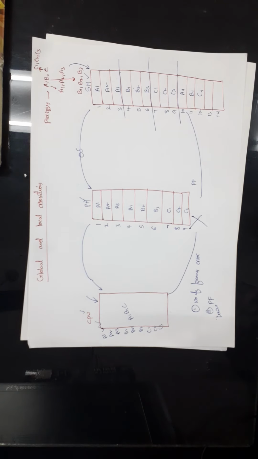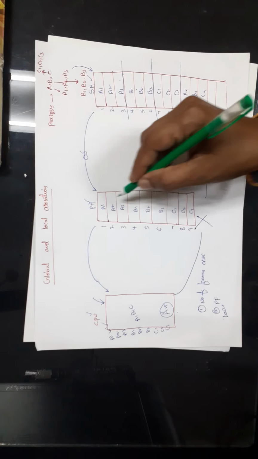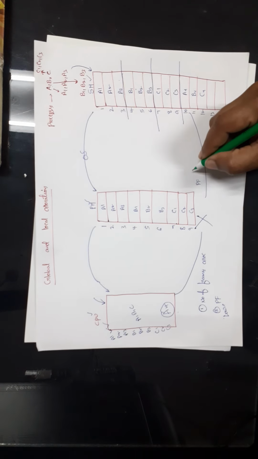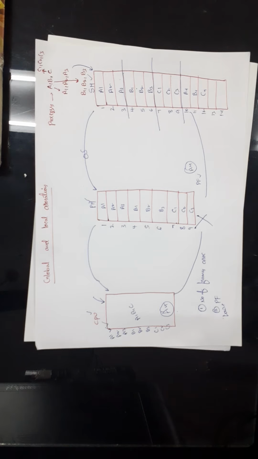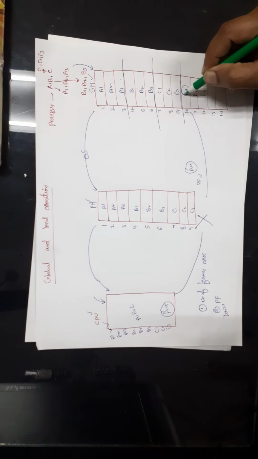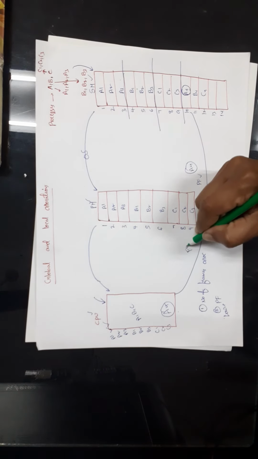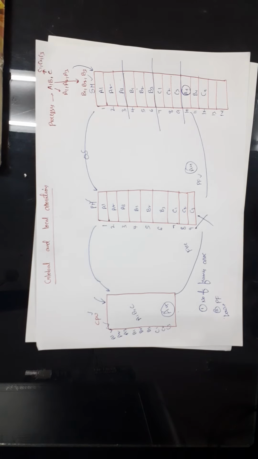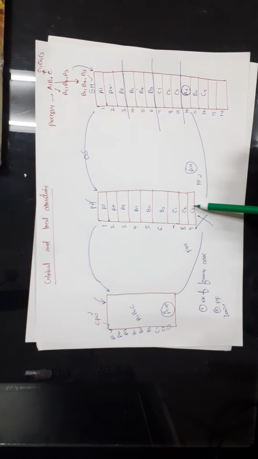Let us assume that after some time the CPU makes a request for A4. If you observe, A4 is not available in the primary memory, so we can call it a page fault. When there is a page fault, we should bring this page into the primary memory. But there is no free space in the primary memory. That means we should deallocate the memory space of one of these frames. Then we can allocate memory space for A4.